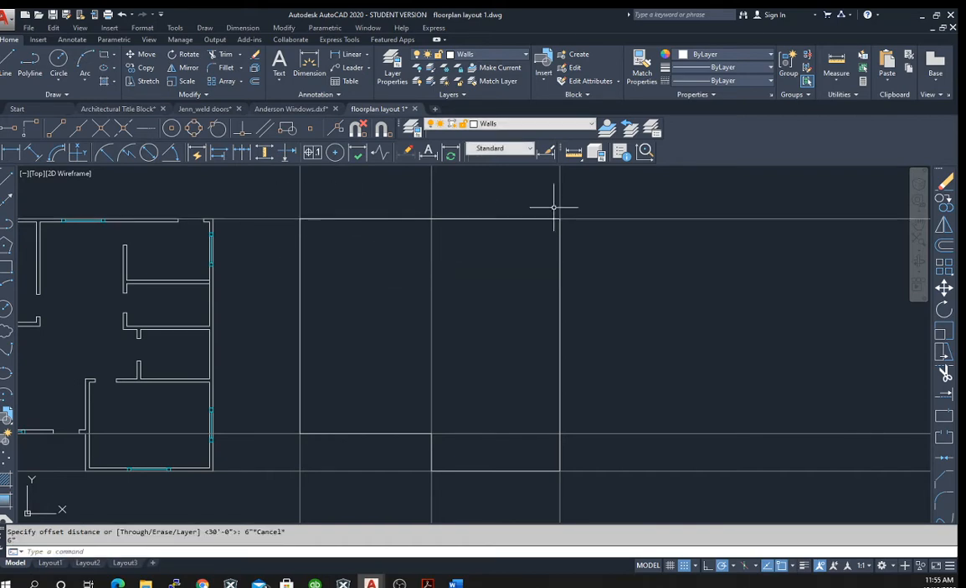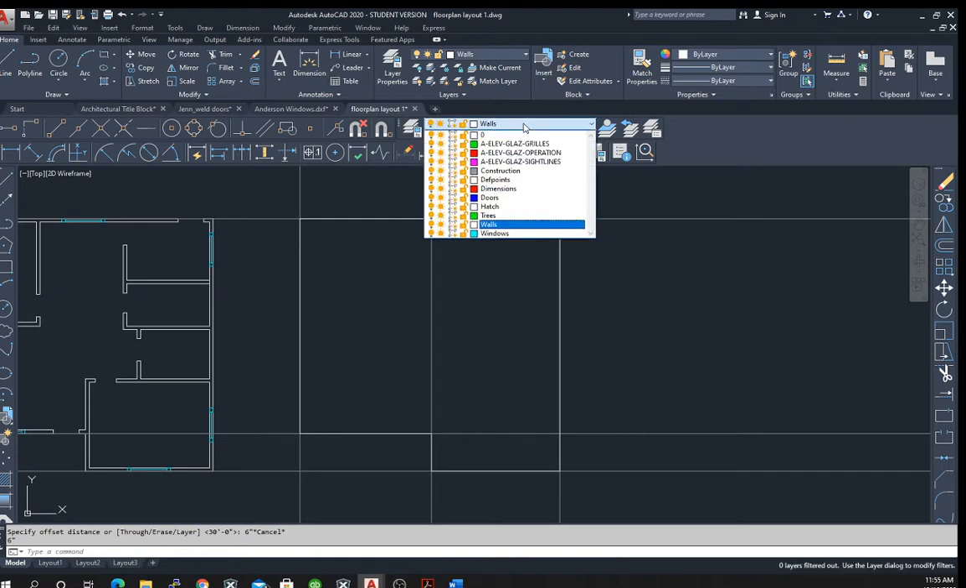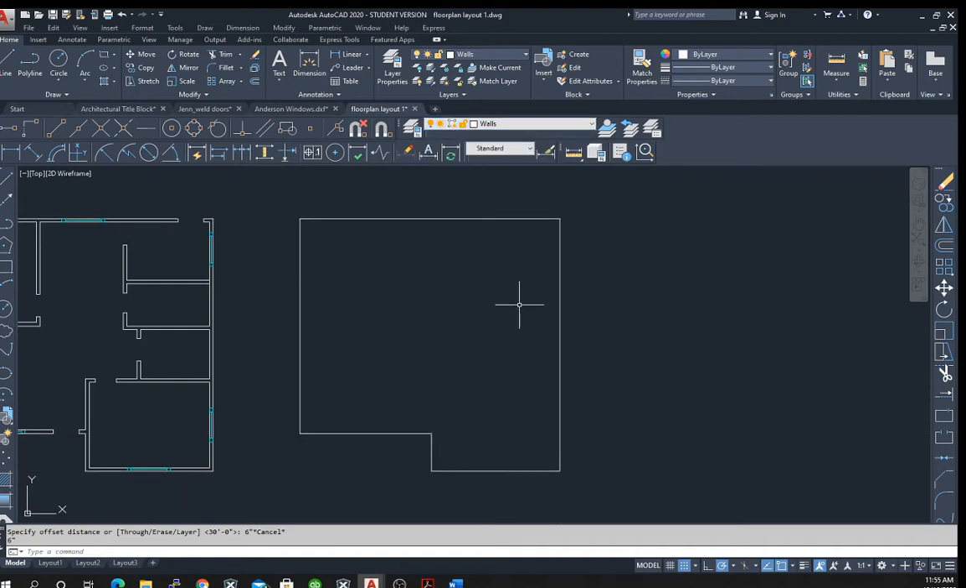Before we do that, let's do the following so that we don't accidentally choose a construction line. Let's turn off our construction layer. So now we can see our outline. And then, of course, what we have to do is combine these into one single